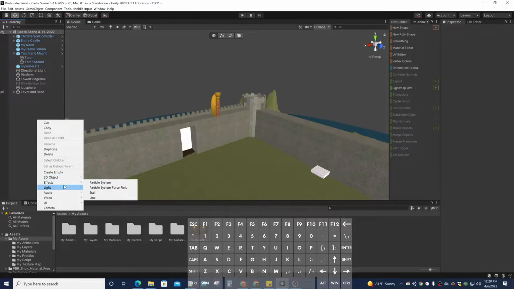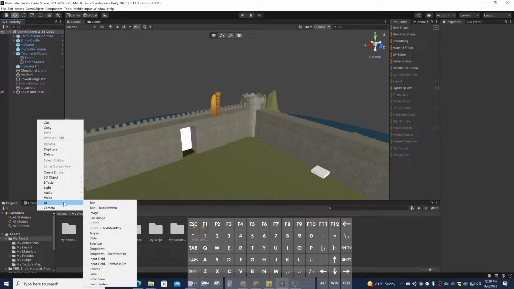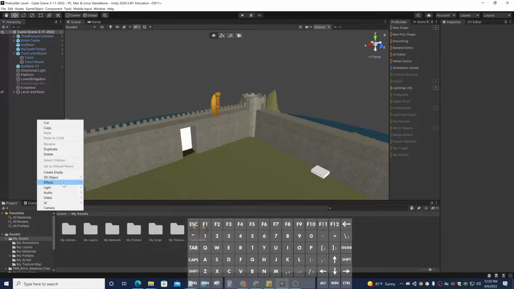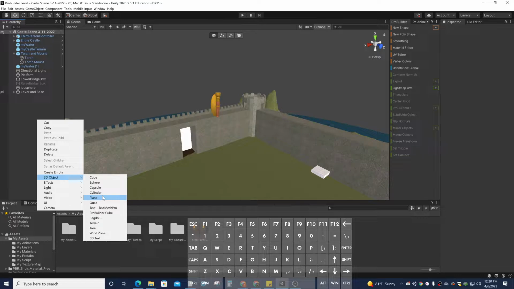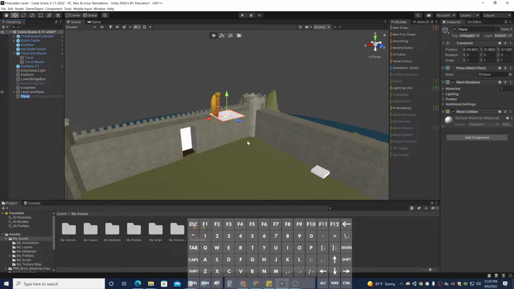So we got effects, lights. Let's go to audio, video, user interface. I'm sure there's an object that we can use here. Let's go with a plane. I think that's what we're going to use. Okay, and we're going to go ahead and toss this texture onto the plane, and now our plane can act